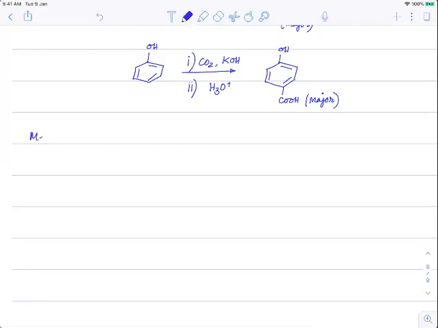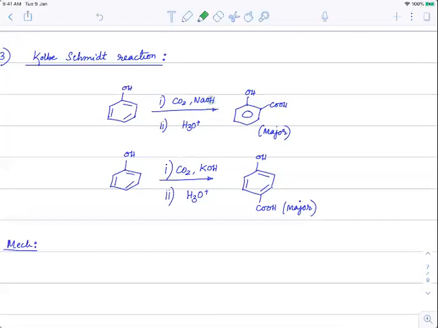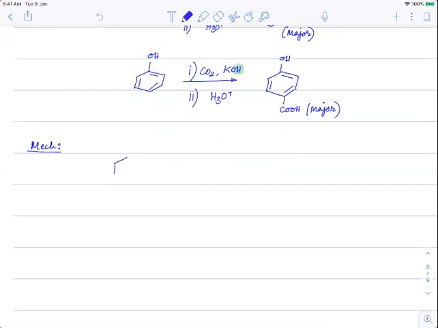Now in the mechanism, check first: whenever we are using NaOH or KOH, it is clearly evident that we are trying to activate the ring as much as possible, because you react that with phenol, it accepts H plus from phenol, and the ring will become highly activated. So that's what you observe here. So phenol on reaction with NaOH would give phenoxide ion, O minus Na plus, and H2O. This is what is formed.